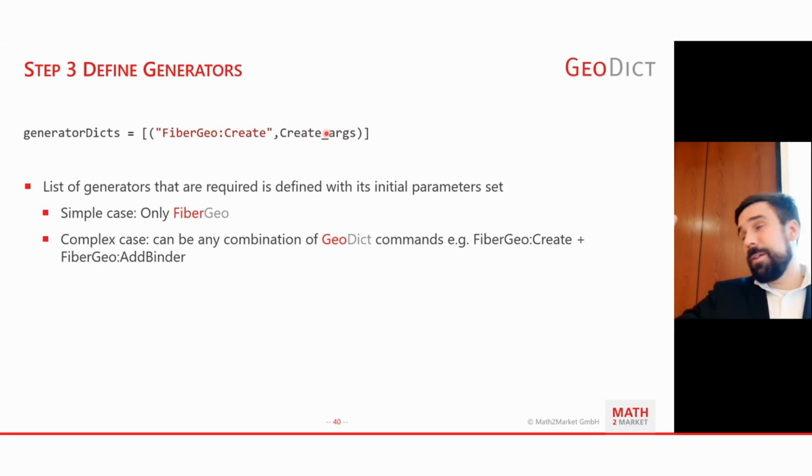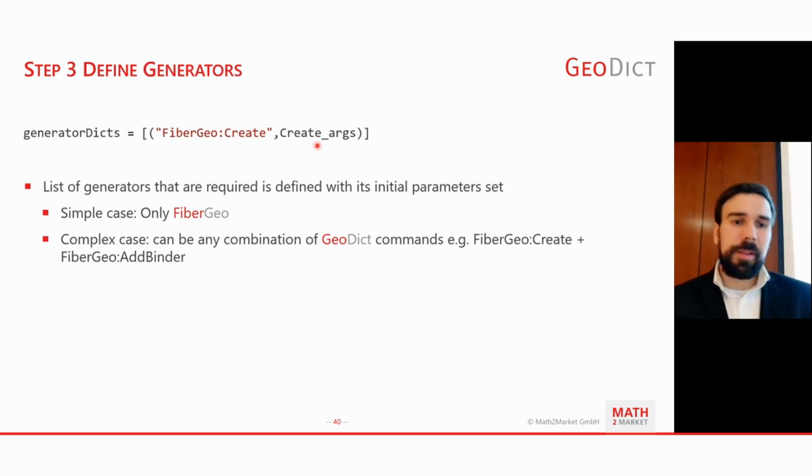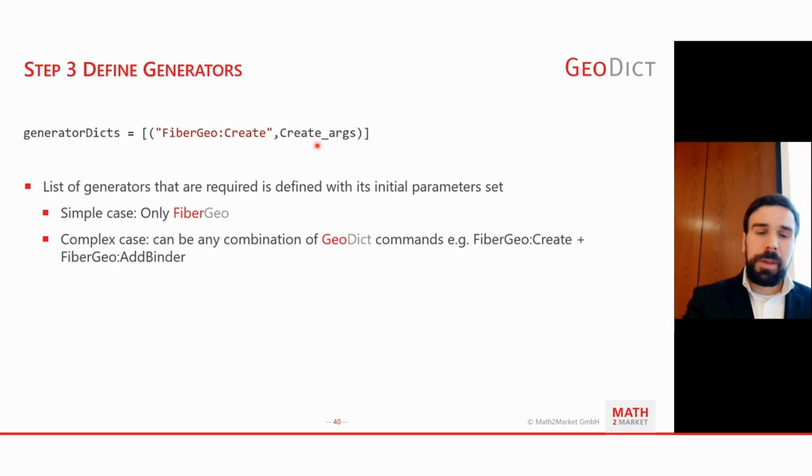That means also somewhere before in your command, you have to basically have the default FiberGeo command in there and put in the fixed parameters, or you can just use the one that is in there. You can change it, or you can add even more commands. In this case, only FiberGeo, and yeah.